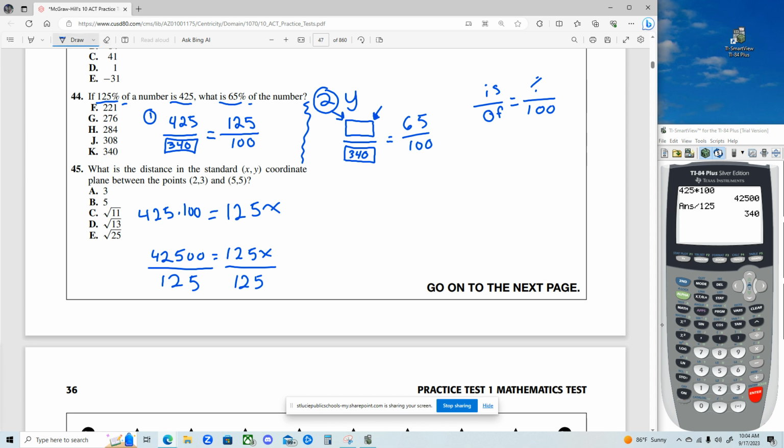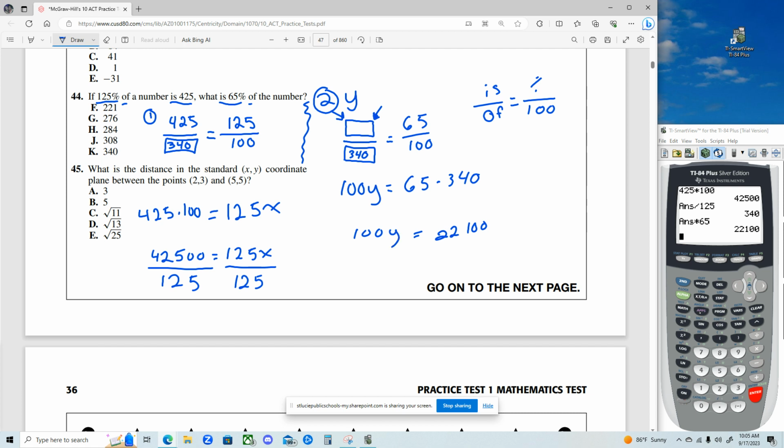And again, I can cross multiply and divide, and I'll get this 100 over here, so 100y equals 65 times 340. So I can come to the calculator. Look, I already have 340 there, so I can just multiply it by 65, and I get 22,100 equals